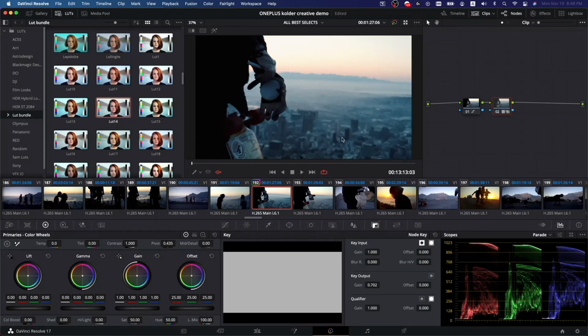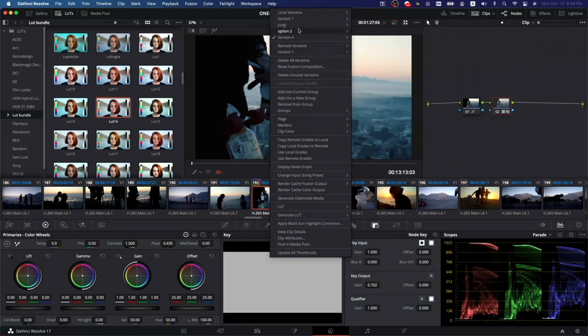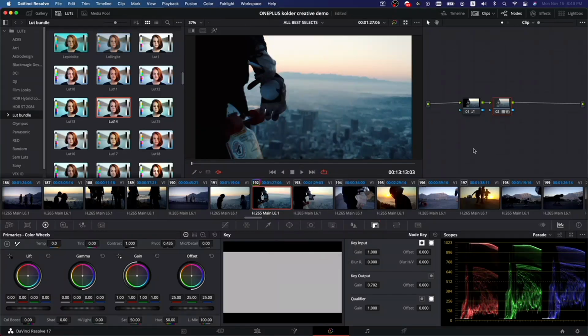If you want to name them, you can. Personally, I don't really care about naming them. All I really want to do is just be able to save all those versions to each individual clip and quickly be able to flip through them whenever I want. Now, instead of right-clicking on the clip and selecting the versions like this, what we can do is use the